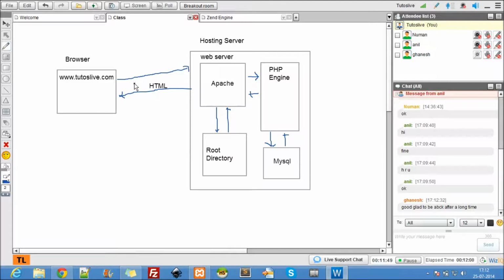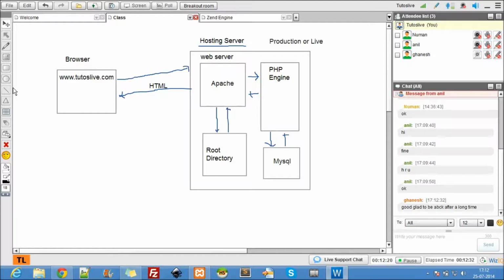Now this is the whole lot of hosting server, right? But what if we are developers? So this hosting server, I call it a production server or a live server. Production or live. Okay, you only go to the hosting server whenever you are ready or good to go live. What if you need a development environment? What if you just wanted to test and try it? There should be something, right?